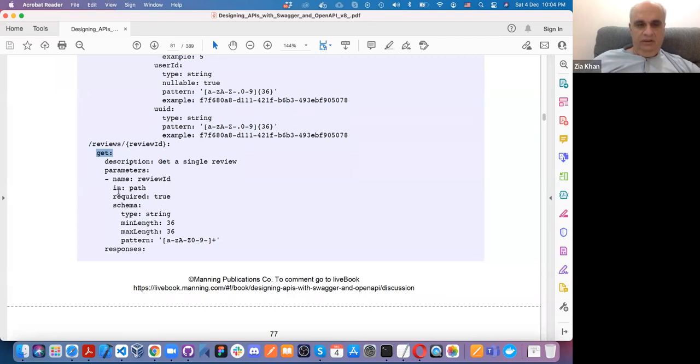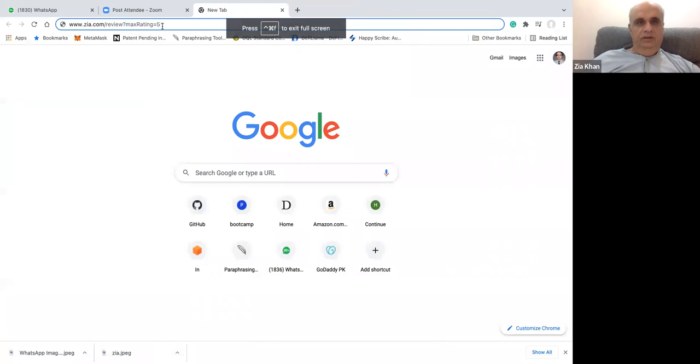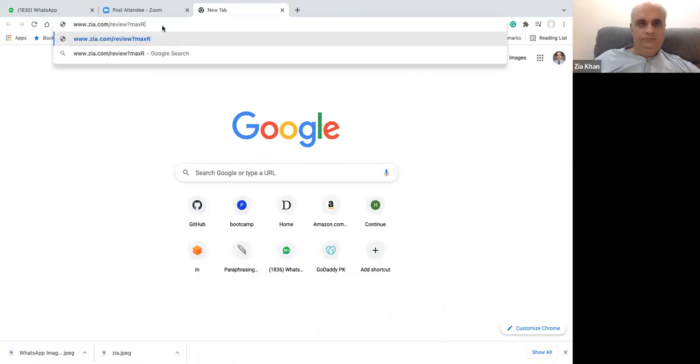Now look at this. Previously we used it in query. Now they're saying it is in path. And look at this, this is in path. So we are going to say www. This was in review, in query. But in path, what are you going to say?